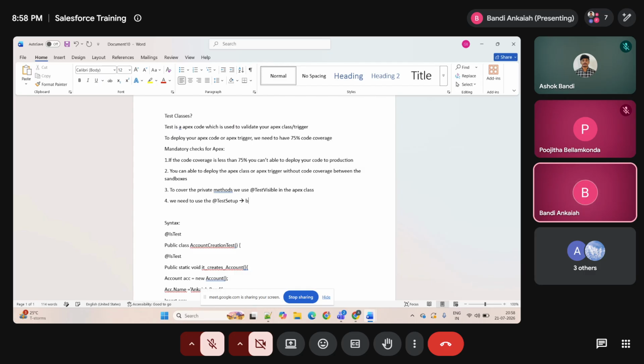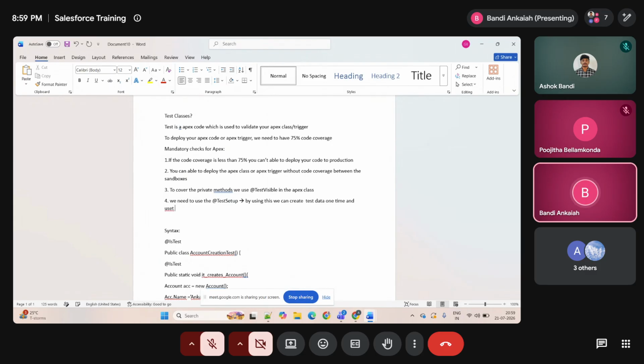So by using this we can create test data one time and use it in multiple test methods. Okay,